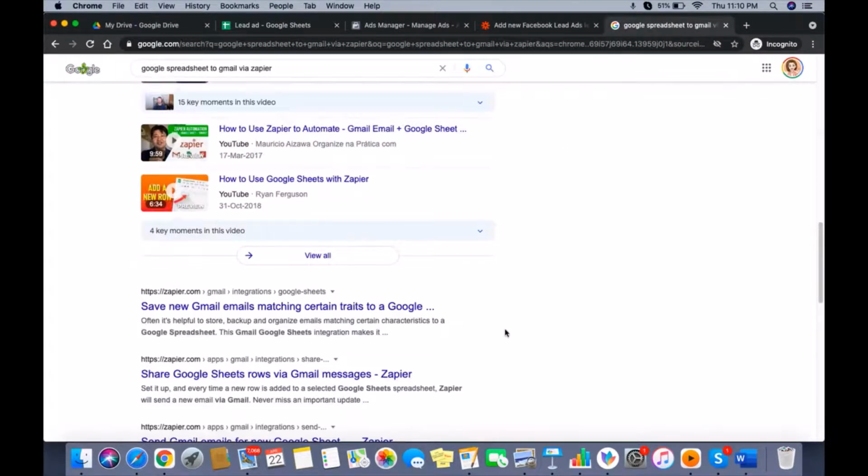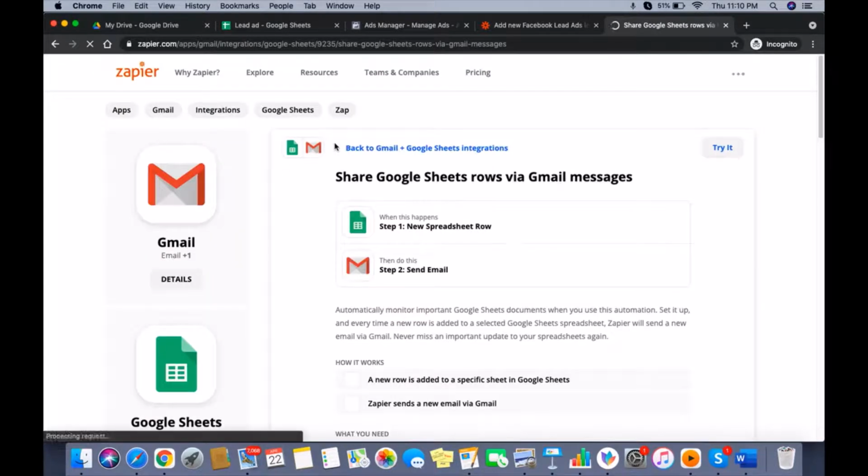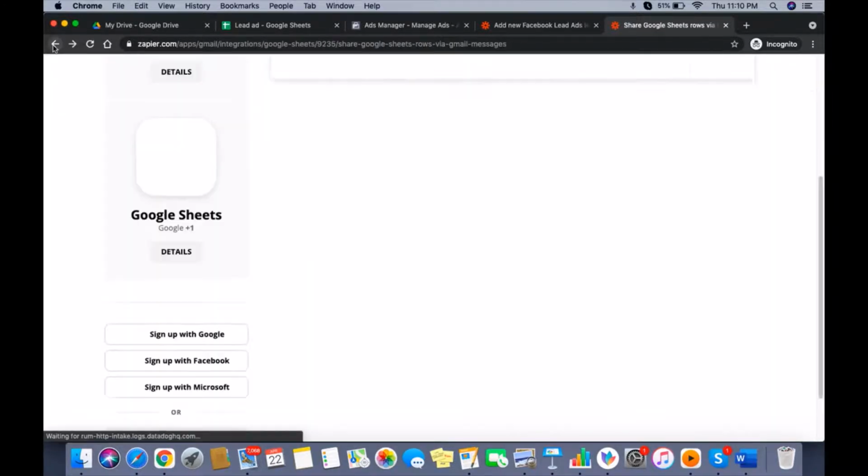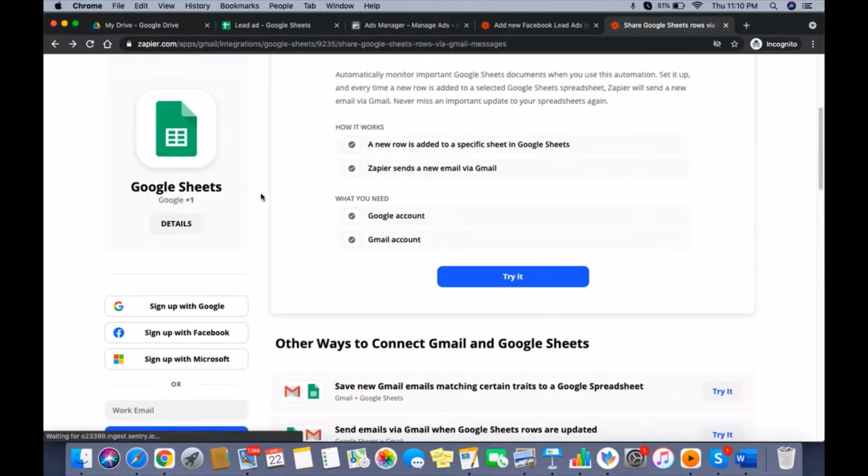So I will just show you how you can send an email as soon as you receive a lead in Excel. So this is the flow. Let's try it. I just wanted to show you this.